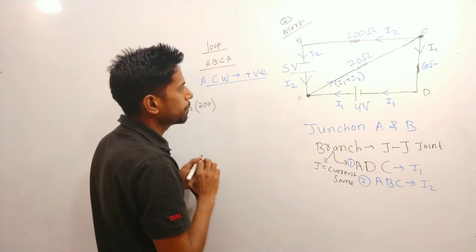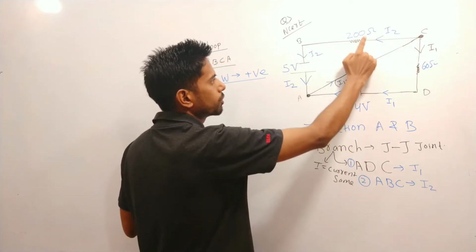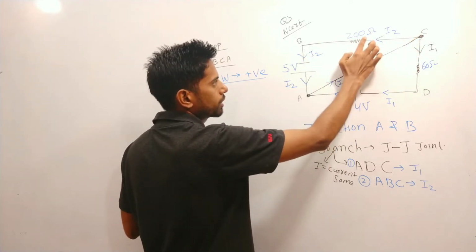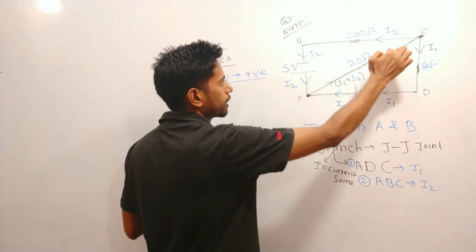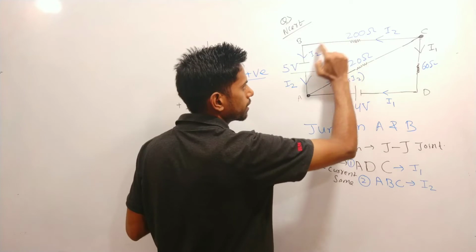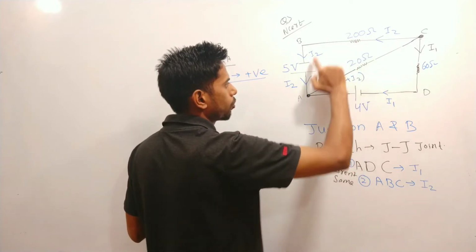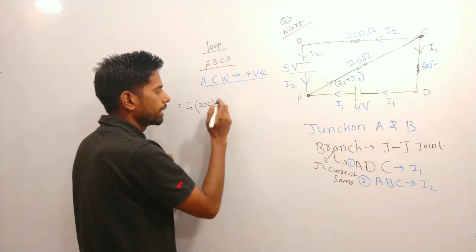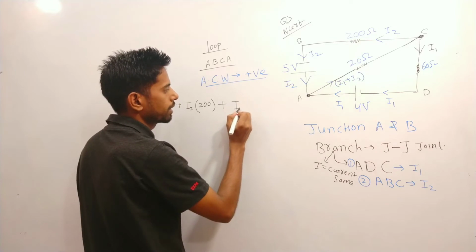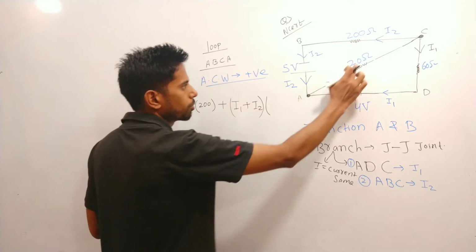Similarly, across this resistor, because in this loop there are two resistors. First is over, the current is flowing anti-clockwise. Now you see here, the current will start flowing across this in this way. Is this clockwise or anti-clockwise? This is anti-clockwise, so you have to take anti-clockwise as positive, that is I1 plus I2. This is how much? 20.